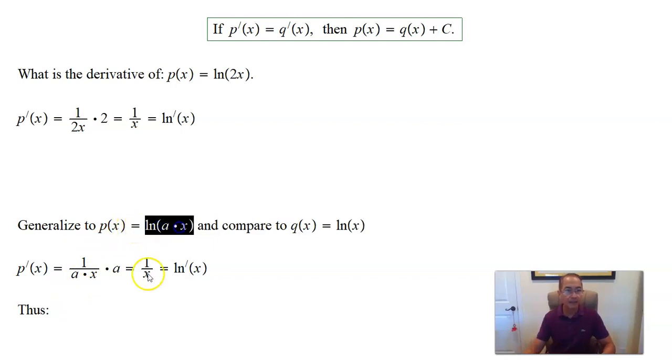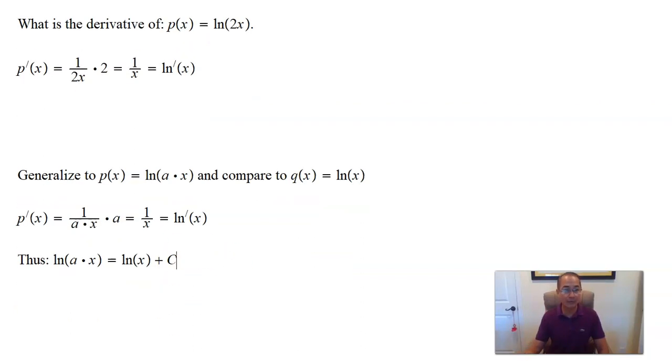ln of a times x is the same as ln of x plus a constant. Okay, so who is this constant? Well, we know the exact value of one number from 0 to infinity, and that is 1. So if you plug in x equals 1, we get